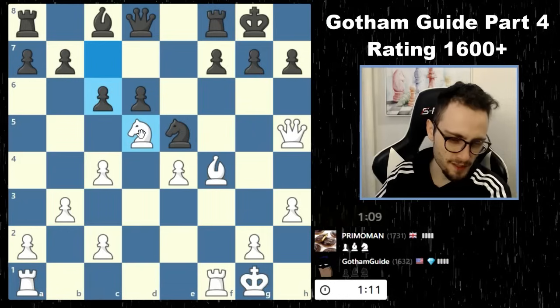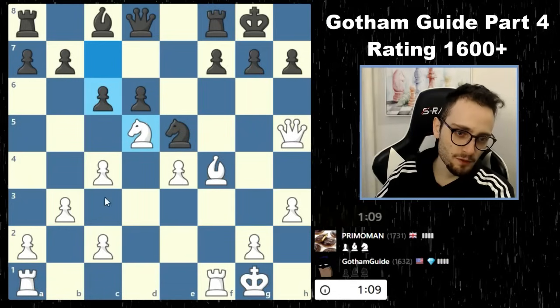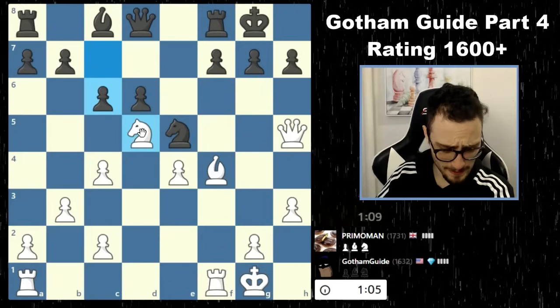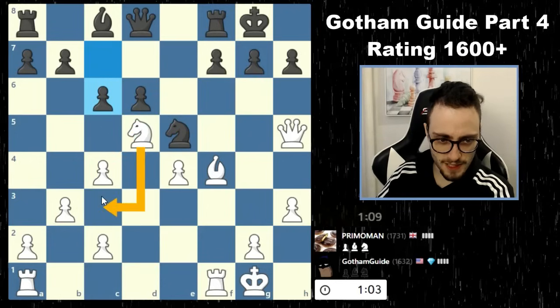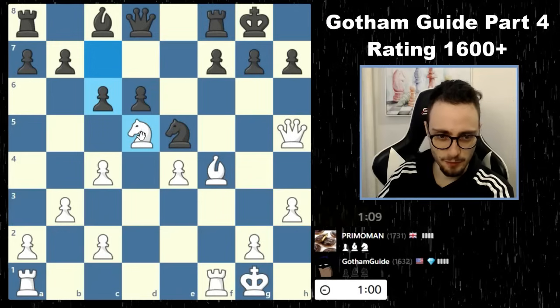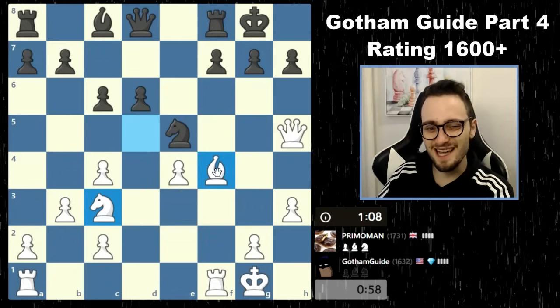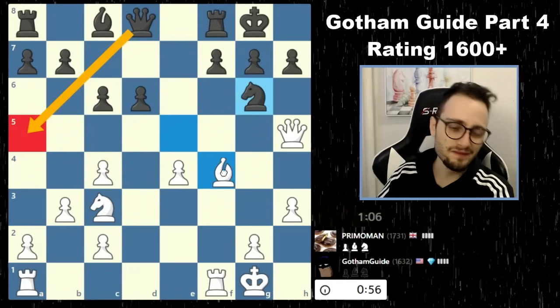Okay, so he does go for this. Question is, do I want to go here, or do I just want to go back to this square? Also, can't I take? Now I can take. I don't know. Knight c3 controls d5, but doesn't really do much else. Let's go to c3, though. I think this move is fine. Knight e3 is kind of weird. It blocks my diagonal. Knight c3 is okay, but queen a5...